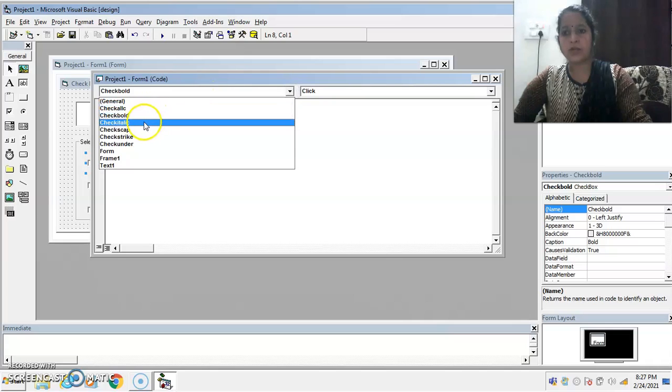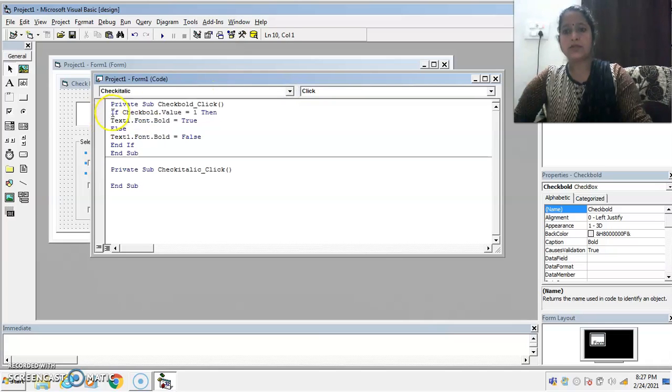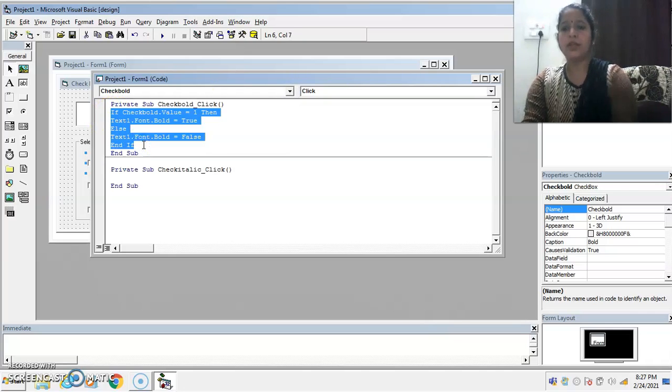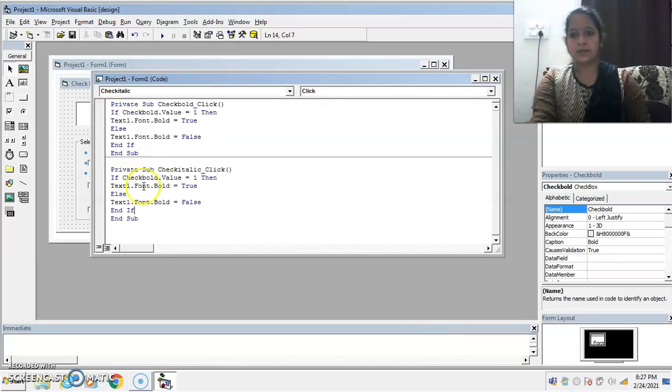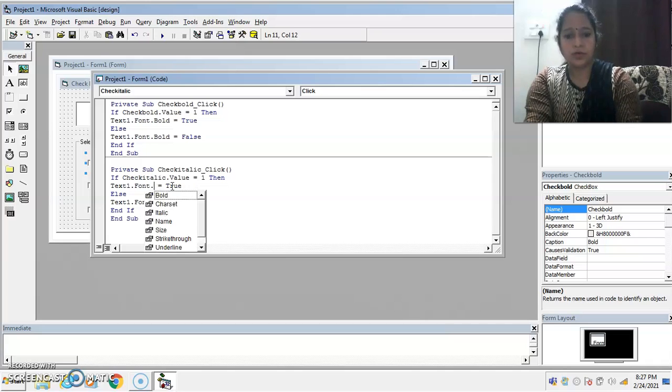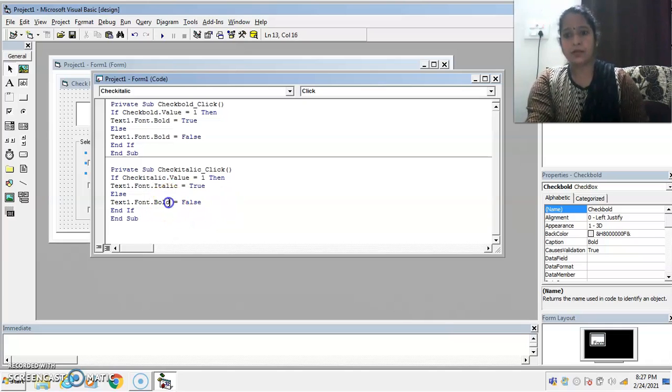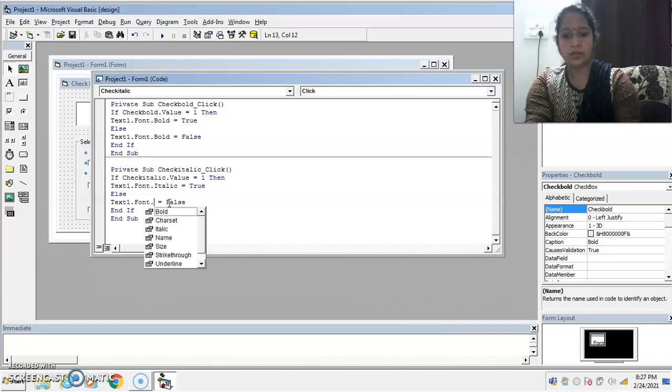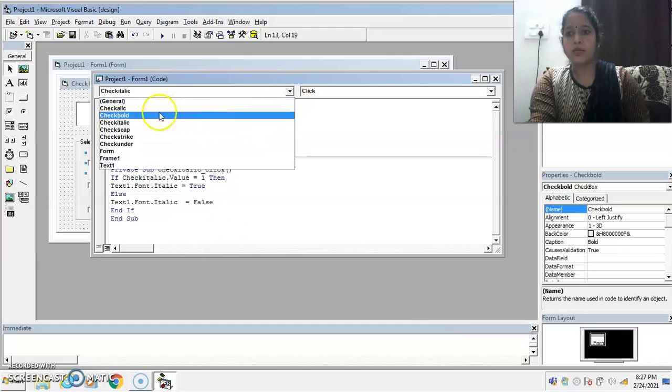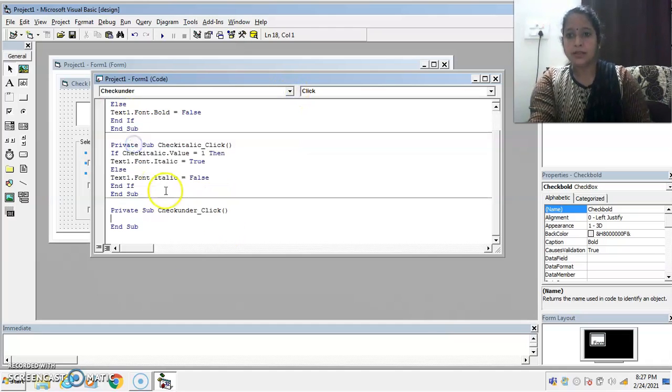Now write down the coding for italic command button. To save the coding time, I am copying here the text, and changing the name here, check bold to check italic. Font dot bold to font dot italic. Also change it here, dot italic. Now write down the coding for underline.